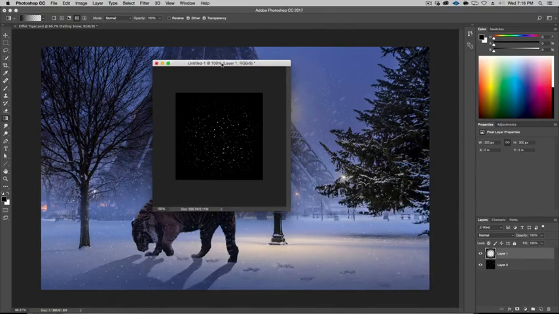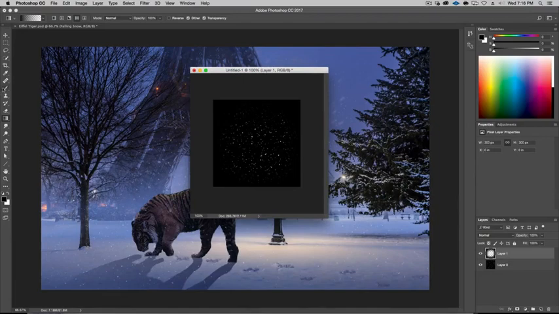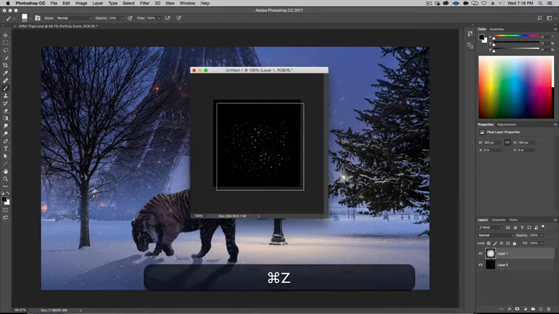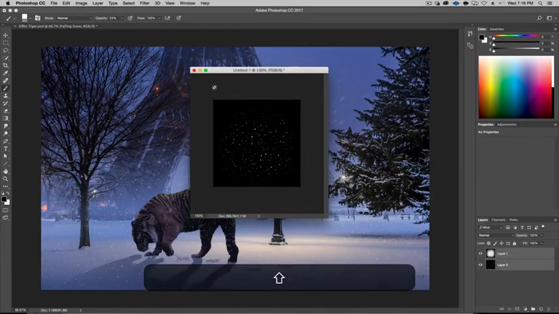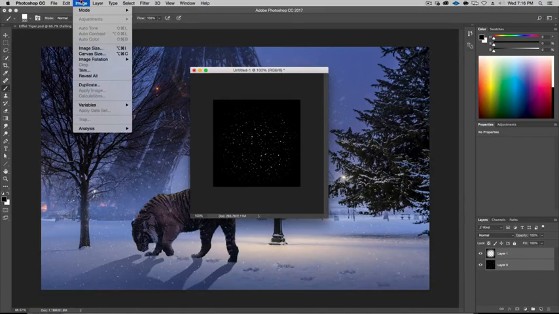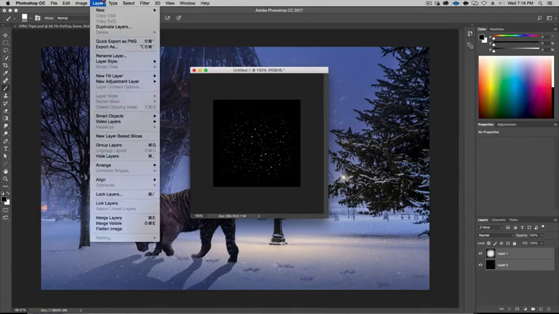Okay, so now if I go to the brushes, and I have that square. I think I may have to inverse this. So to do that, very simply select these two. Select these and hit Command E to merge the layers, or you can find it in here, layers and merge layers.